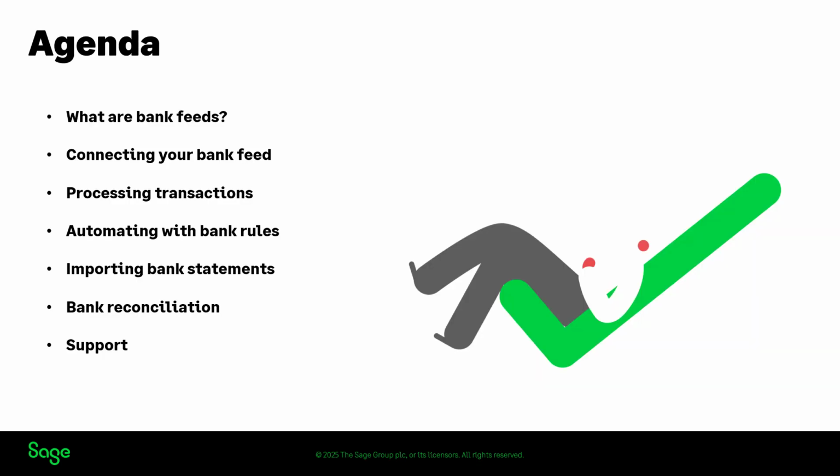So we'll get straight into what we're going to be covering today. We're going to start with an overview of bank feeds and how to connect your bank using Sage Accounting. Then we look at how to process the transactions once they've been imported, including when to use the match, create and transfer options. After that, we'll explore bank rules and how they can help automate recurring transactions to save even